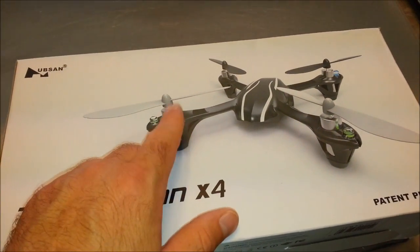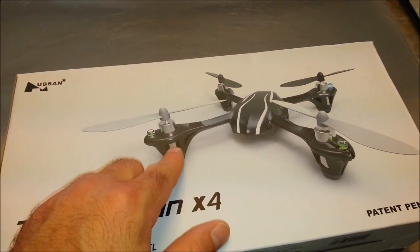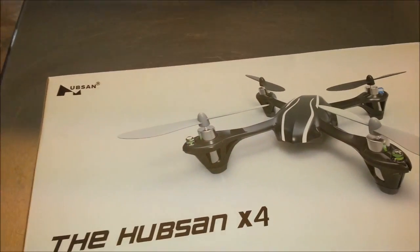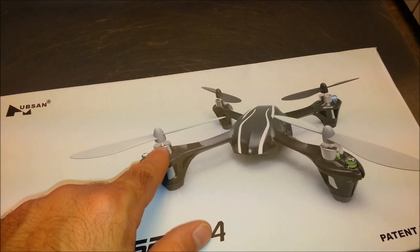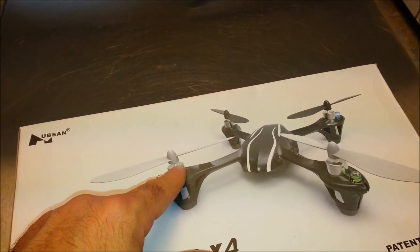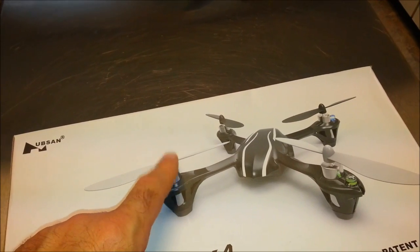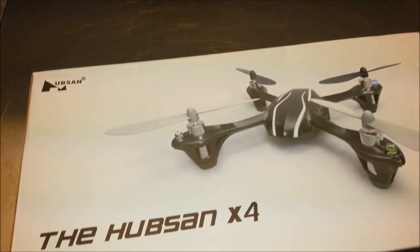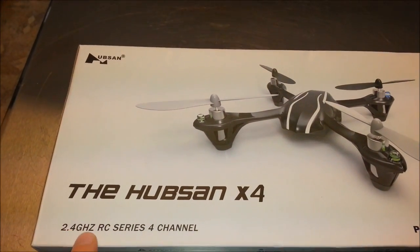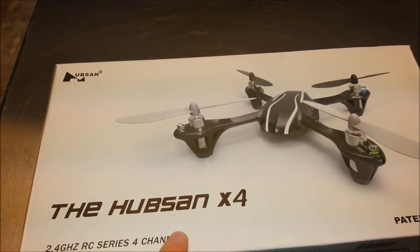And then you have the prior version of this one without the rubber feet and the lights. Plus, I believe they lowered the distance of the prop to the motor. You don't have this gap anymore, even though it shows it here on the box. That's been eliminated. Alright, it's a 2.4 gigahertz 4-channel